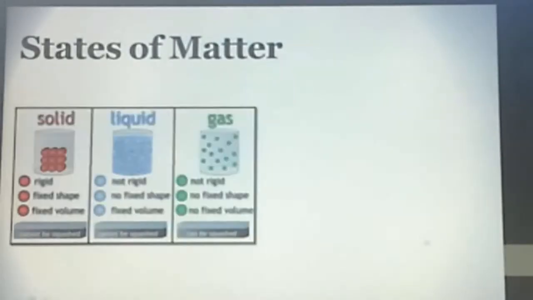States of matter. There are three states of matter, which are solid, liquid and gas. In a solid, atoms are rigid, they have a fixed shape and fixed volume, and they cannot be squashed. In a liquid, atoms are not rigid, it doesn't have a fixed shape, but it has a fixed volume. It also cannot be squashed. But gases are not rigid, they don't have a fixed shape, don't have a fixed volume, and can easily